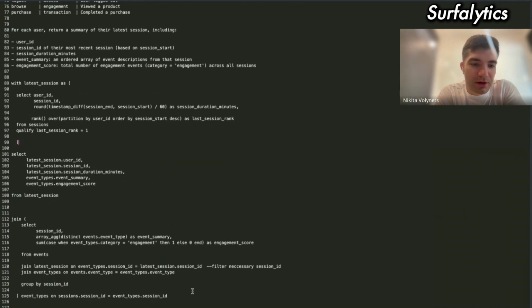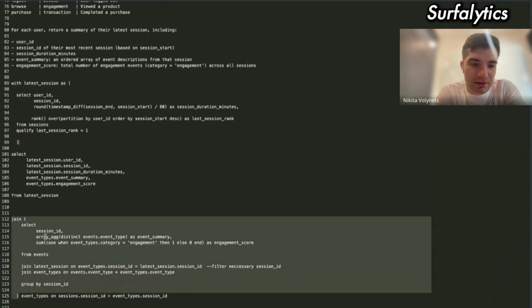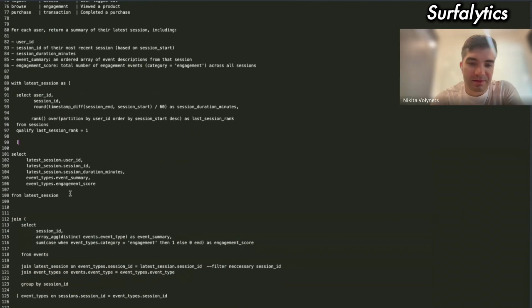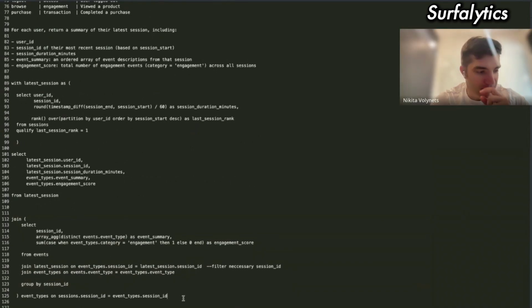Just for readability, maybe it's better to create several CTEs and put this join that you have with this subquery into a CTE for better readability. But in general, the solution is correct. I was going to do two joins, and two joins were simpler. That is why I decided to use it without CTE. Awesome. But now, you explained everything, and now it's correct. So let's go to our last task.